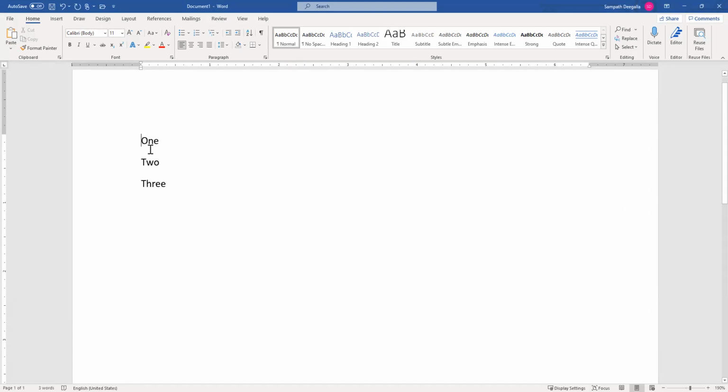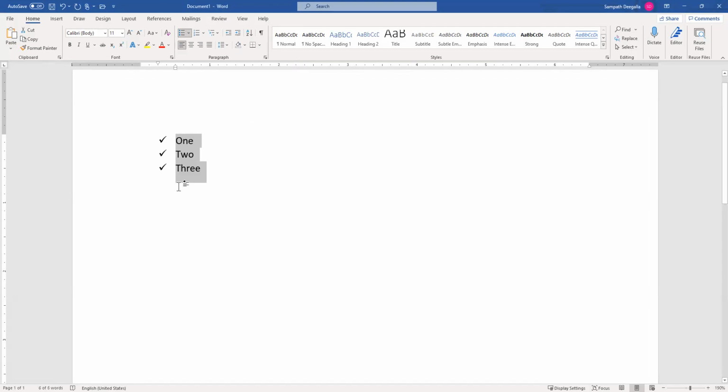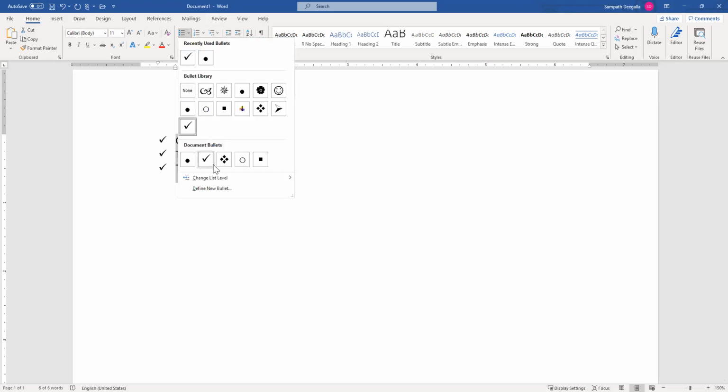And then when you select these 3 and go to this place, we know it's a bulleted list. And if you click on this arrow, then you can use different symbols. If you need more symbols, you can click on this, and then you can go to